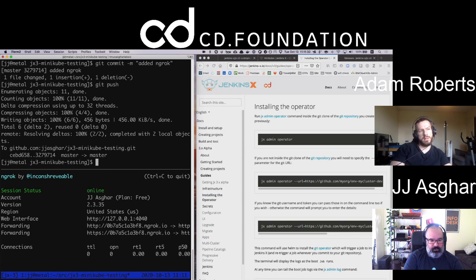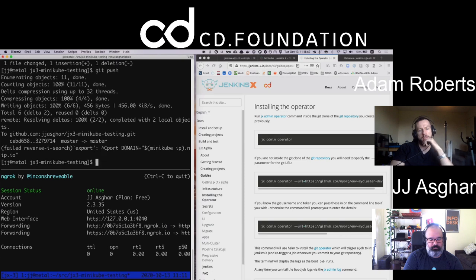Or it might have been the JX. No, it was the JX quickstart, because the quickstart goes and gets the code from a template, and then basically tries to configure webhooks and something else, and that's where we were stopping prematurely. So I think the JX git operator works completely fine.